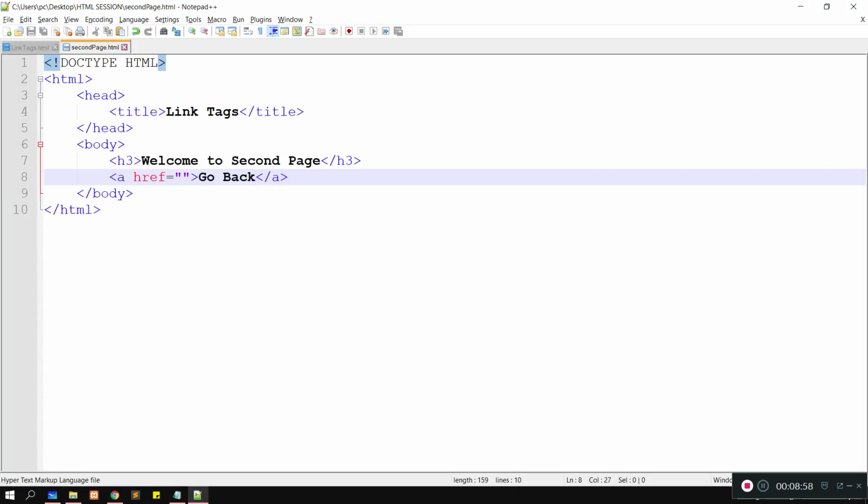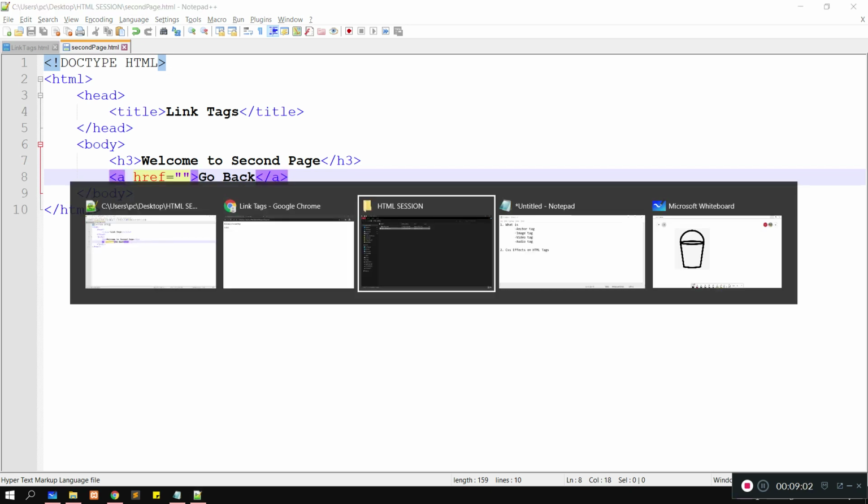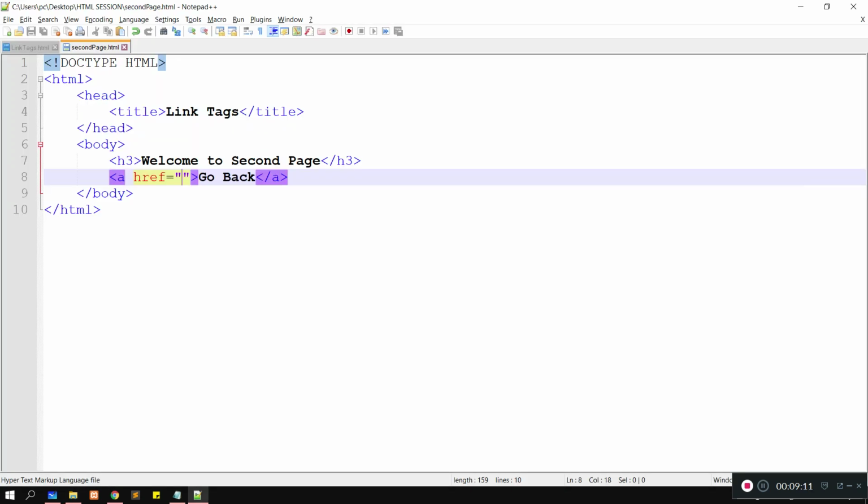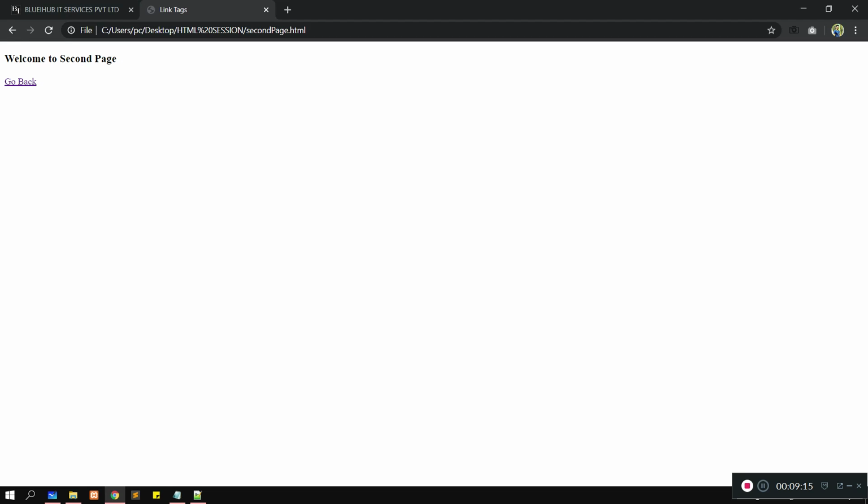We got here, go back, and I have to give the path of the first file. What is the name of our first file? Link tags, okay. Let me copy the name of this file, let me paste it on the second page. Now it's working.